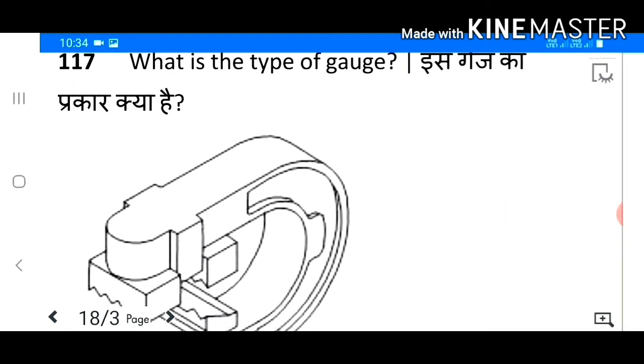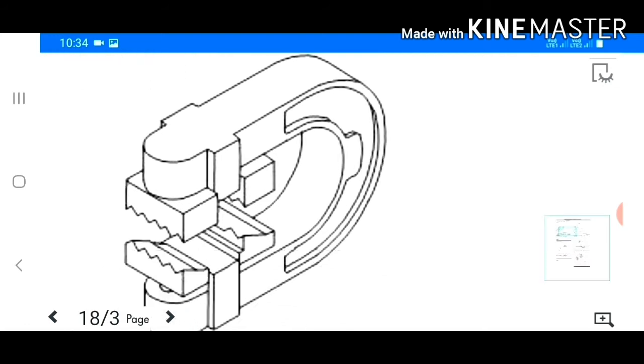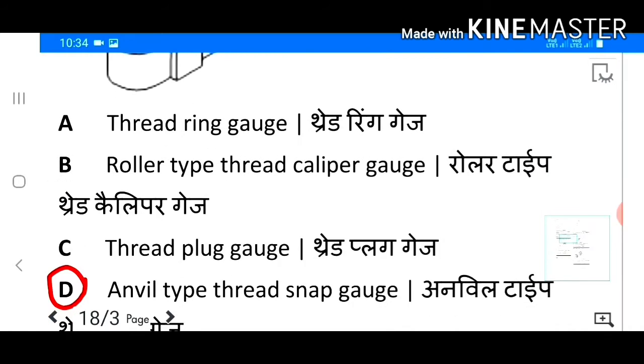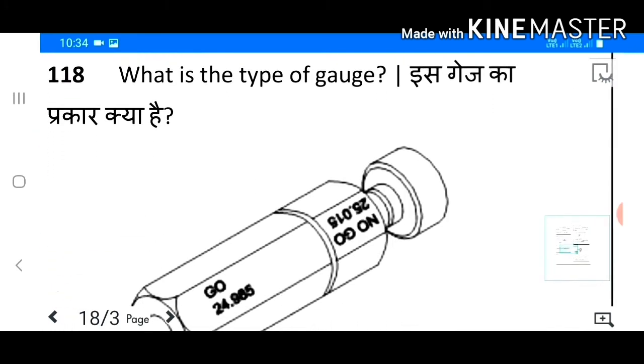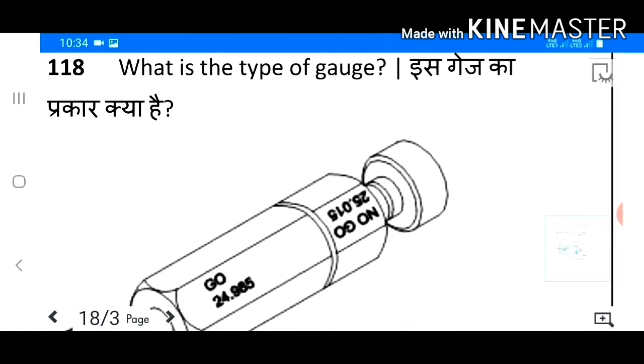117. What is the type of gauge? Answer D. Anvil type thread snap gauge. 118. What is the type of gauge?